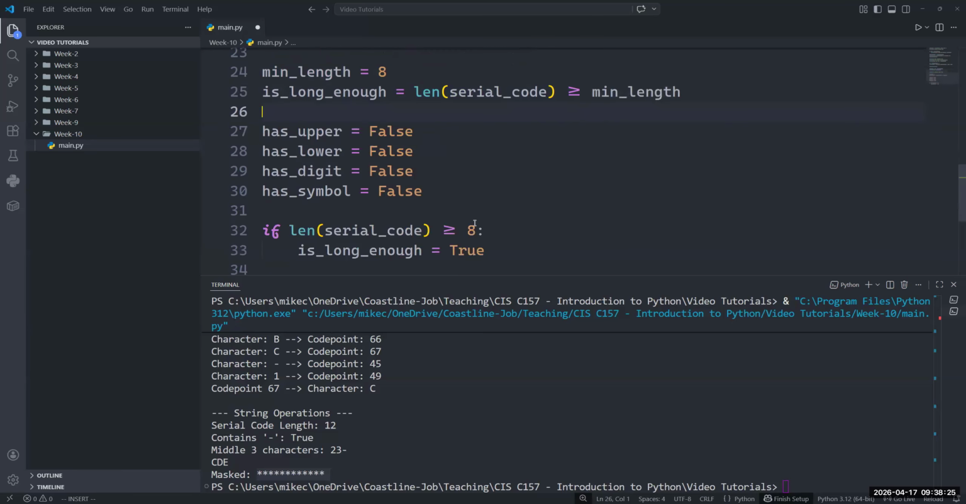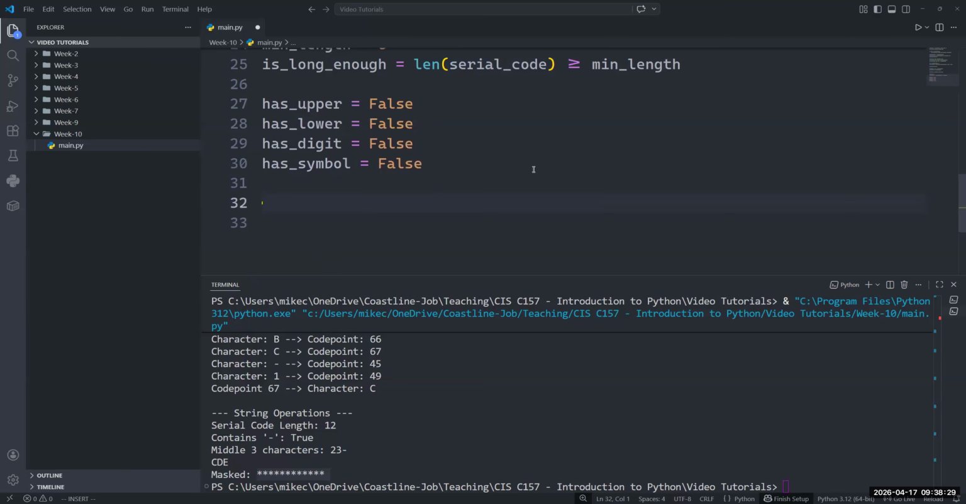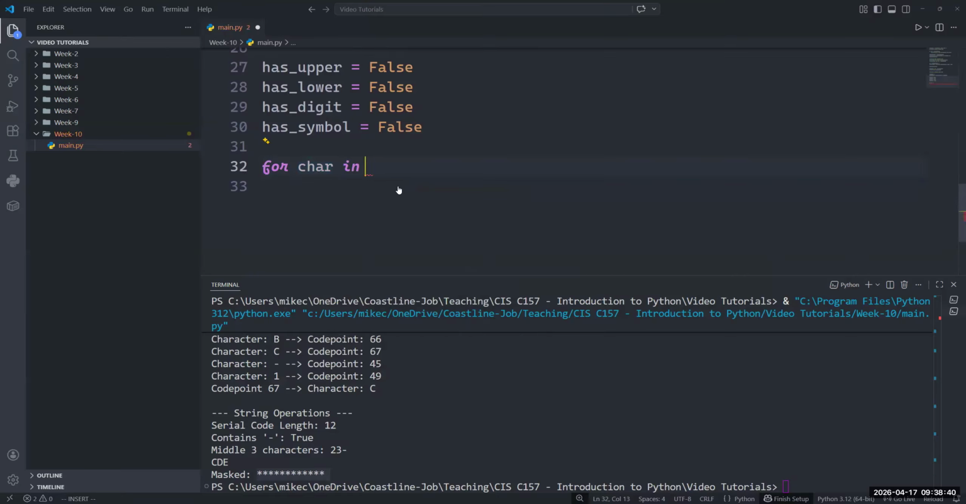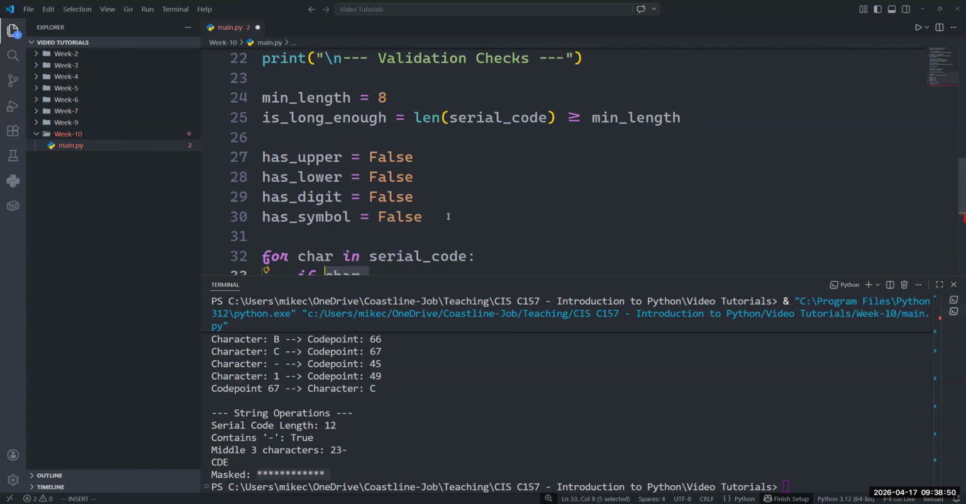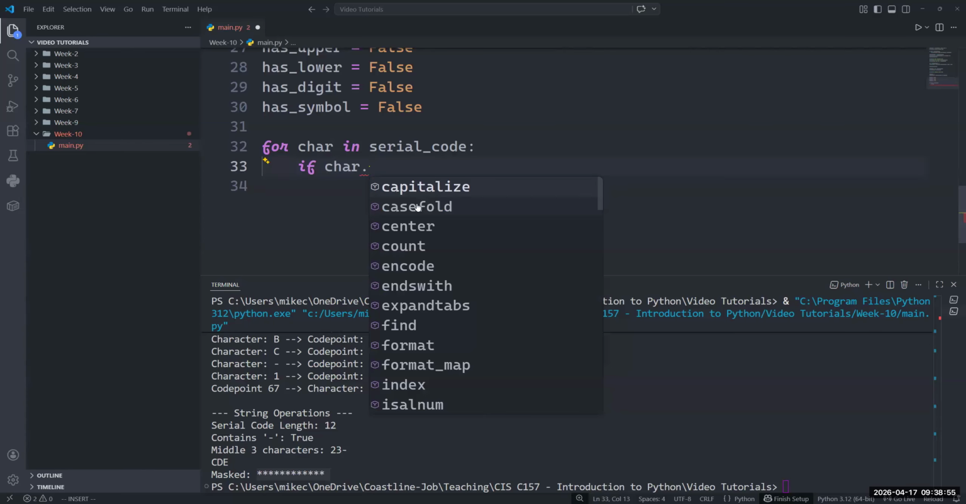And then the rest of these are going to require a loop now, where we loop through every individual character and we check for all of these different flags or fields here. So for example, we could say for car in serial code, and then we'll do a series of if and elif statements. So if the character, and if we want to check uppercase, our strings have these different methods on them, right? So we can use our dot notation,